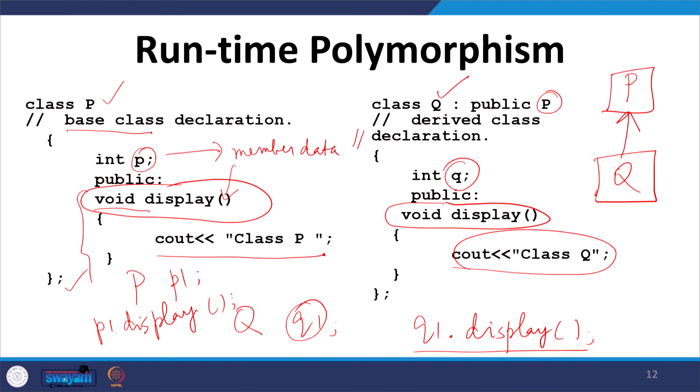Now the question is, when P1 is invoking the same function name display, which one will be called? Once we extensively study polymorphism and run certain programs, you can understand which one will be called. So, this is about polymorphism.